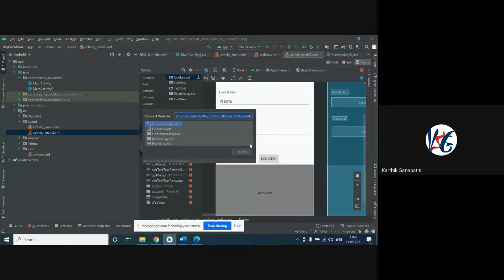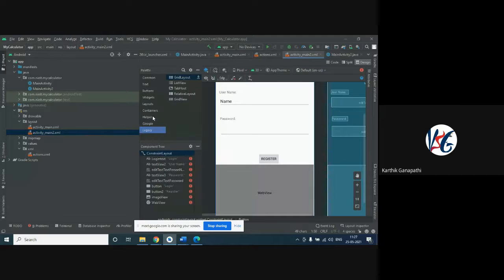But this relative layout was previously very much used by developers, because in a relative layout each component is related to another component. As you can see, the name itself suggests the relative layout. Whatever components we have inside this, each is going to be related to some other component. For example, if I'm calling the login text in this constraint layout, you can see these many items we have. This first component, login text, is going to be related to the text view, and this text view is going to be related to some other component. So this is how the relativity between the components happens in the relative view.